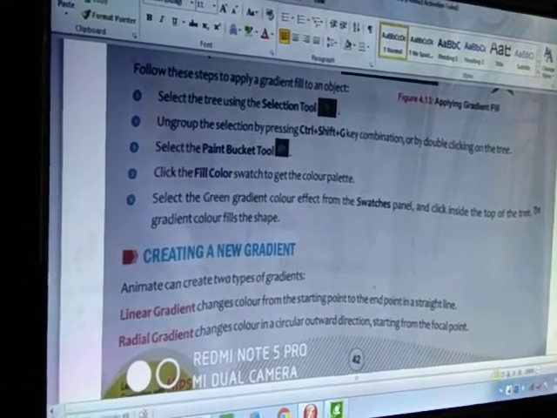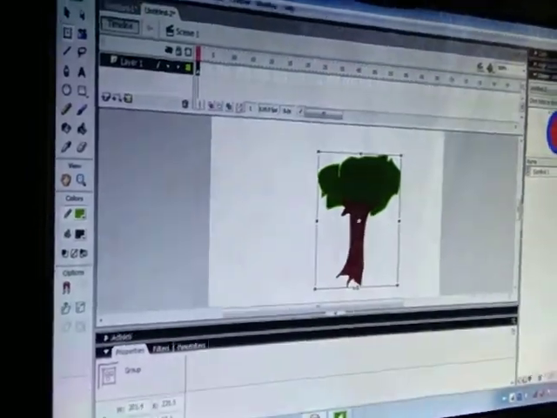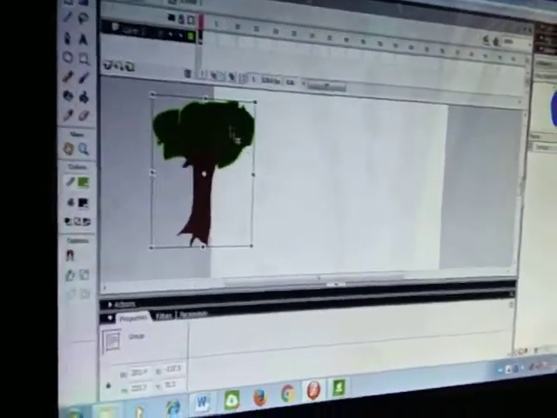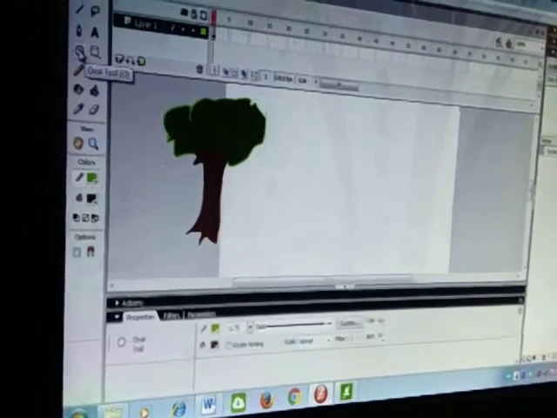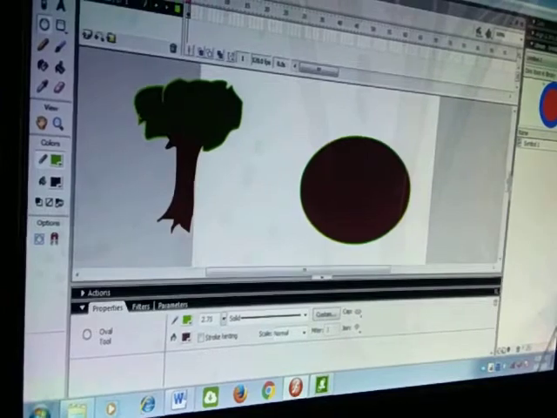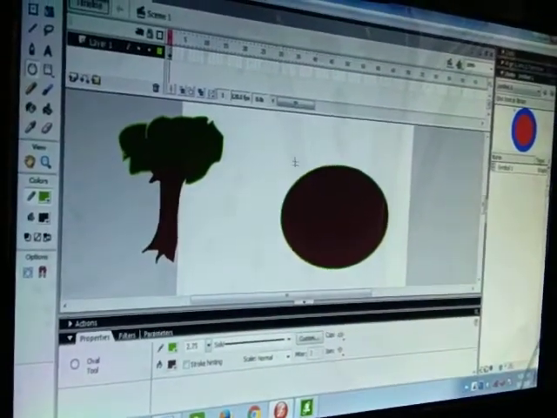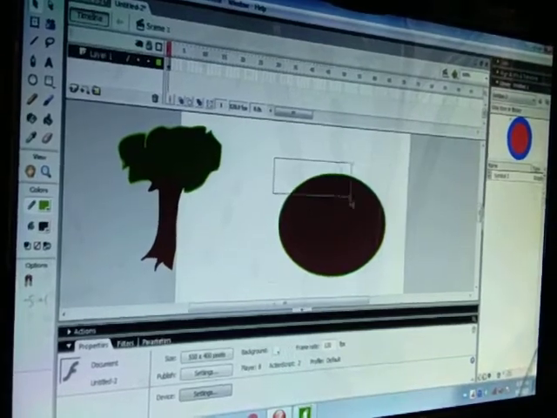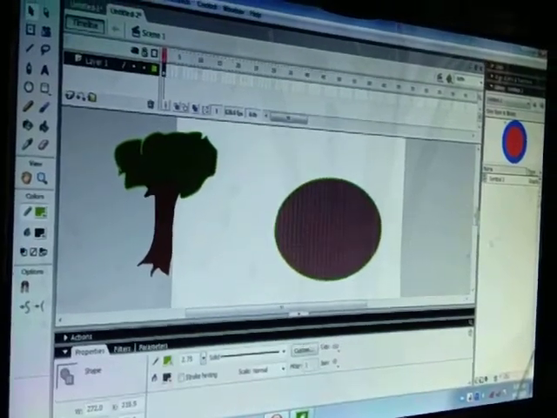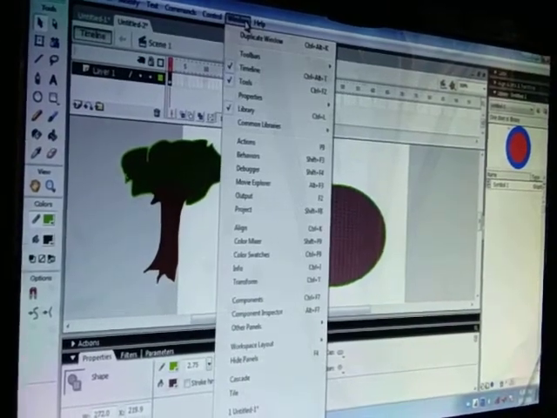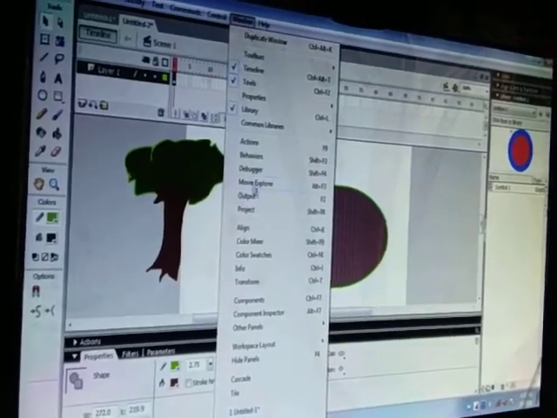I would like to show you here how to make a gradient color. So I am keeping one more object. You can see, suppose this one is a color. I have selected this object and then you will go to the color option. How to go to the color option? Through Window and Color Mixer.